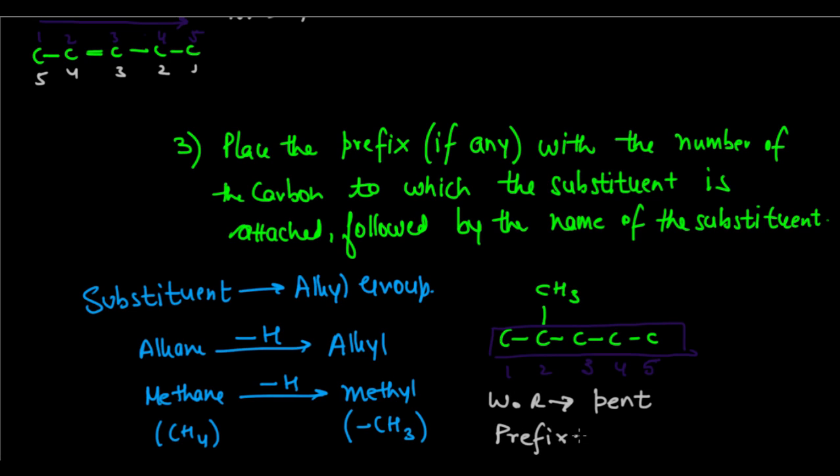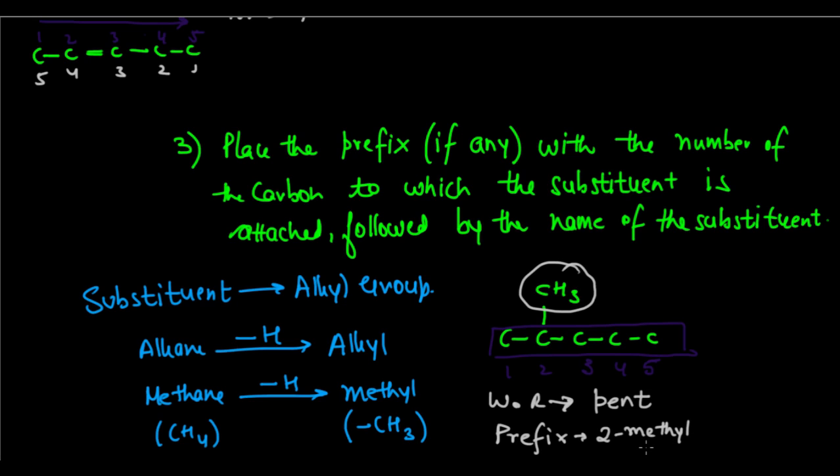My prefix will be the number of the carbon to which it is attached, that is 2, followed by a dash, and then the name of the substituent, right? So what is the name of the substituent? Methyl. So 2-methyl,